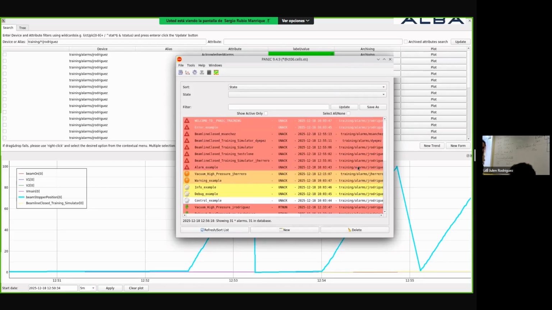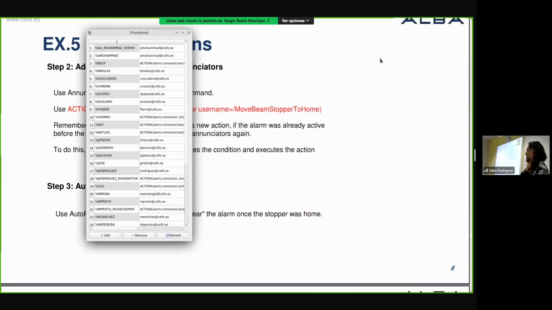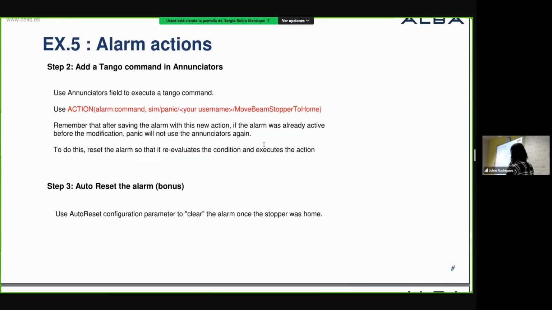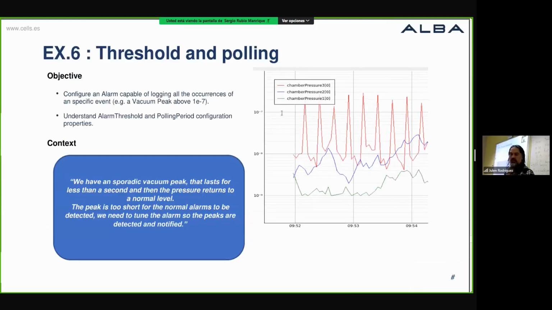Now, in exercise 6, we will just do a fast overview of how the polling period and the auto reset periods affect the alarms. In this case, if you have plotted before the pressures from our simulators, you'll have seen that we have a very noisy pressure. We have a pressure that is giving peaks all the time. In this case, we are seeing a system that is not going to a non-functional state, but it's obviously having a problem. What happens is typically because we put alarm thresholds and polling periods that are around a